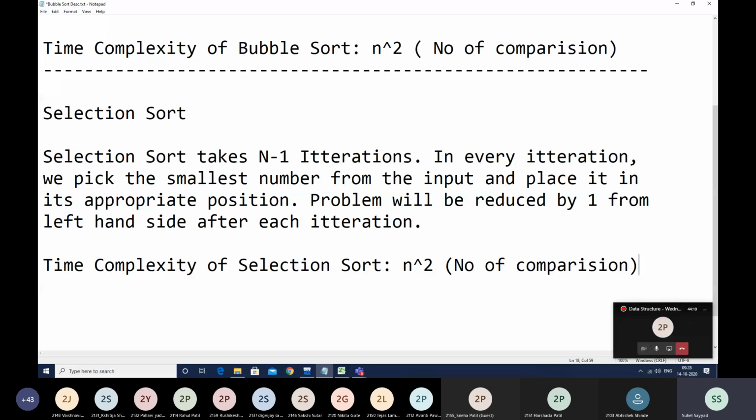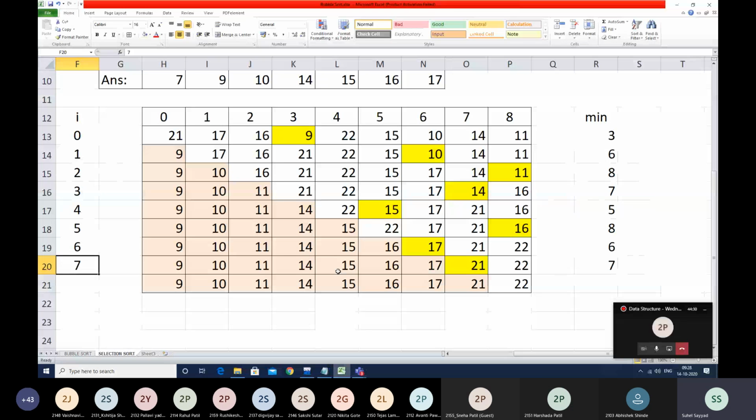If we observe selection sort, how many swaps happen in each iteration? At most one. Why do I say at most? Because sometimes a swap may not happen, like in the case of numbers 17 and 21 in our example, because in that case min and i were both 6 and 7. So if a swap happens, it will happen only once at the most in each iteration in selection sort. But in bubble sort, we were performing that swap in each iteration many times,